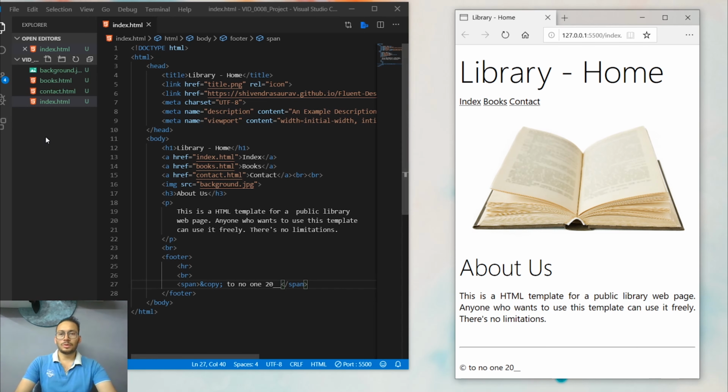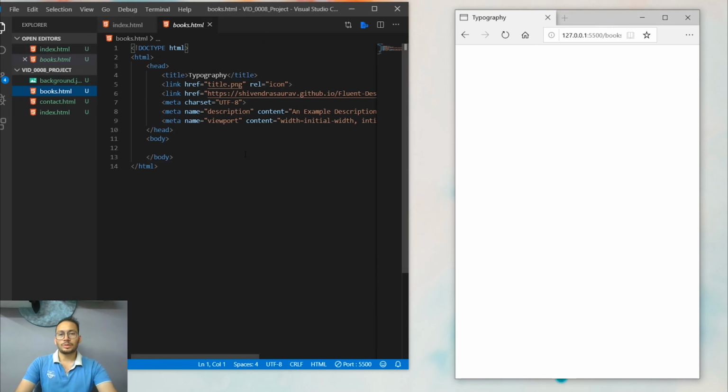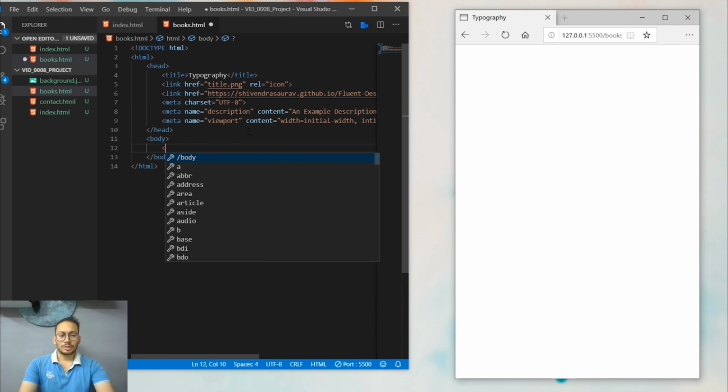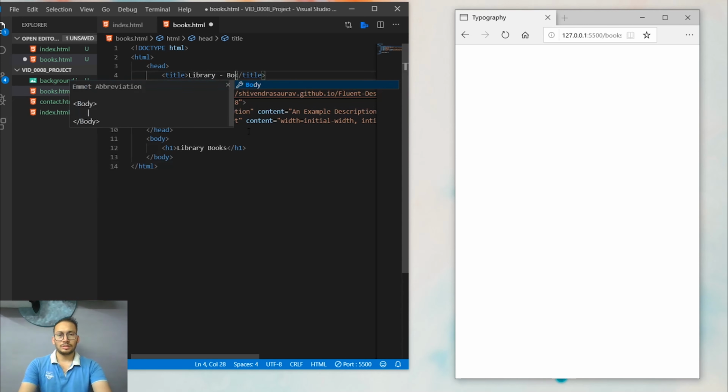Now let's move on to our books page. For your reference, when you click on the books page here, you can see that a books page is open, but there's nothing inside of it. So we're going to books.html, and then we're going to add some of the content here also. The first thing is always going to be an h1 tag, and we'll say library books, and let's change the heading also. The title is going to be library books,